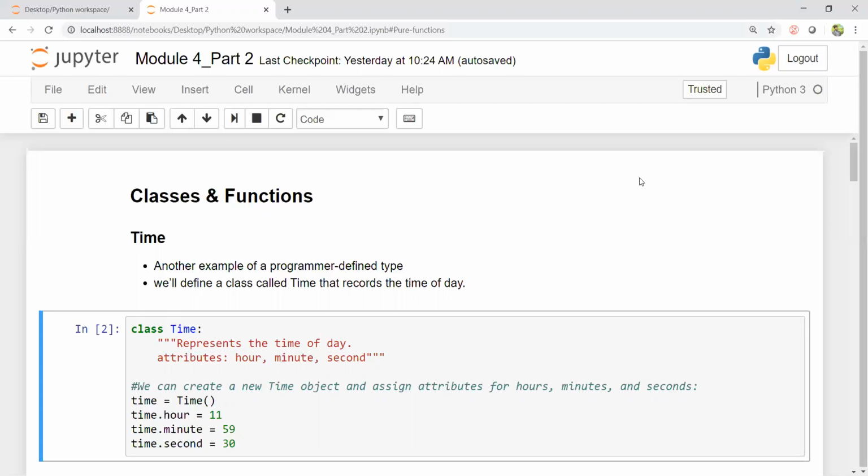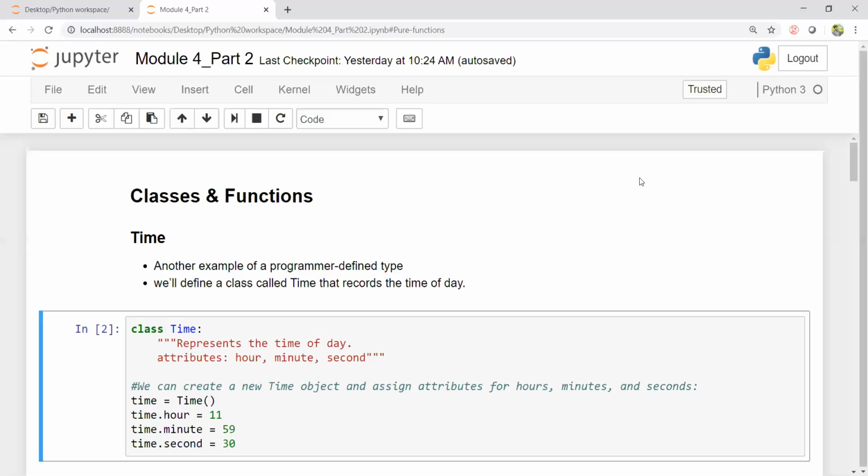Here, I create many instances with respect to a class, and I call this the process of instantiation. In this video, we are going to explore classes and functions